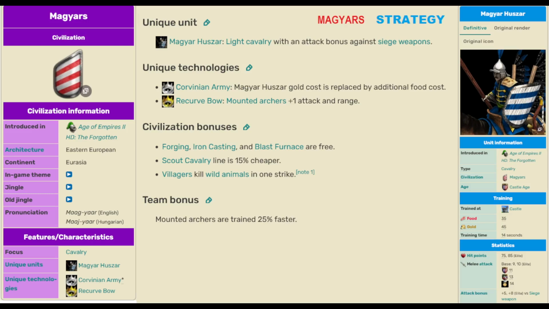Fortunately, that is what they do best, with their Magyar Huszar and heavy cavalry archers. They also have paladins for when they have the gold to spare. The late Imperial Age is where Magyars truly shine. Having a gold-free unique unit and cheaper hussars means Magyars can keep sending a formidable army even long after they